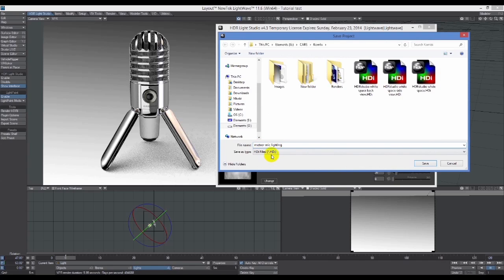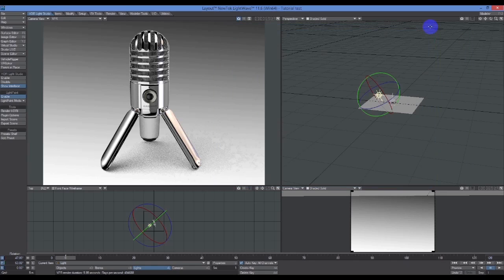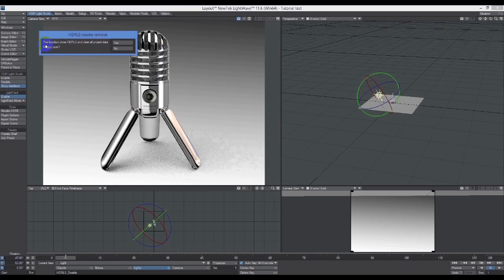Okay. It'll save as a HDI file, but because we've rendered this out now as an image, I can close this down and actually disable HDR Light Studio. So disable it, and I'll say this function closes HDR Light Studio and clears all project data, and I'll click